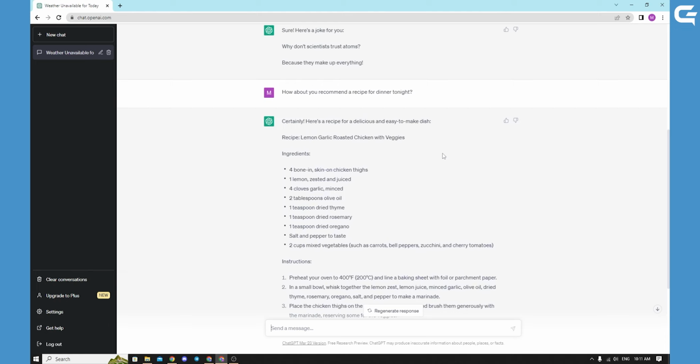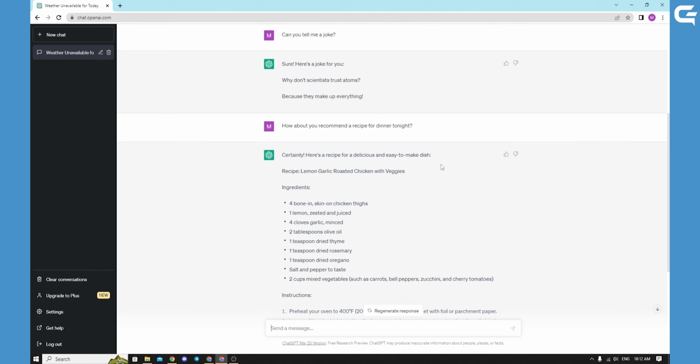For the conclusion, and there you have it, that's ChatGPT. It's a powerful language model that can generate text-based responses in a conversational manner. Its potential applications are vast, and we can only imagine how it will continue to evolve and be integrated into various industries in the future.